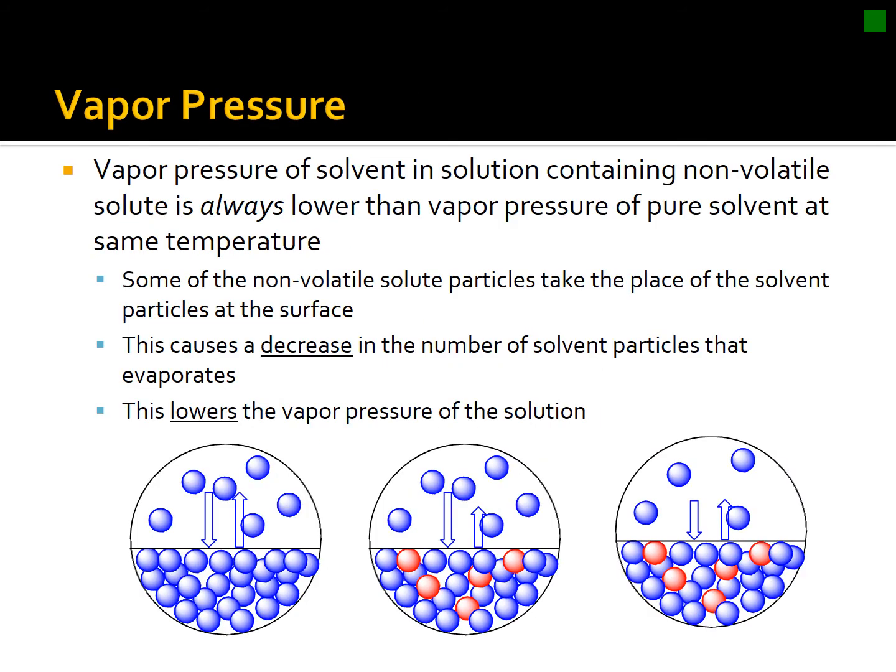All right, vapor pressure. The vapor pressure of a solution containing a non-volatile solute is always lower than the vapor pressure of the pure solvent at the same temperature. It's key that we're always talking about the same temperature, because temperature will also have an effect on it. Why does that happen? Well, if we look at these pictures,